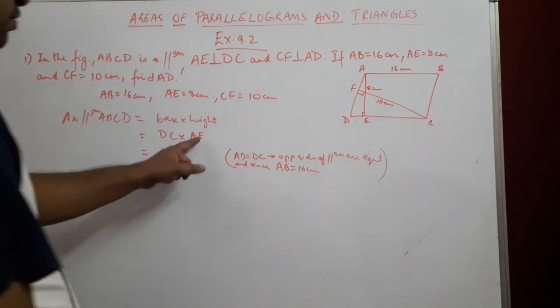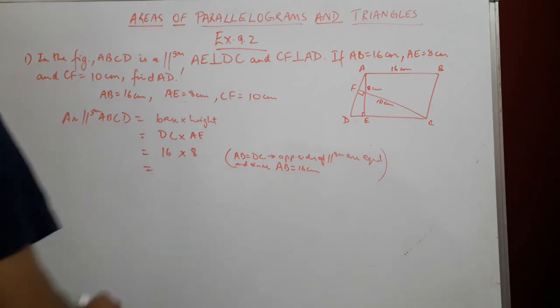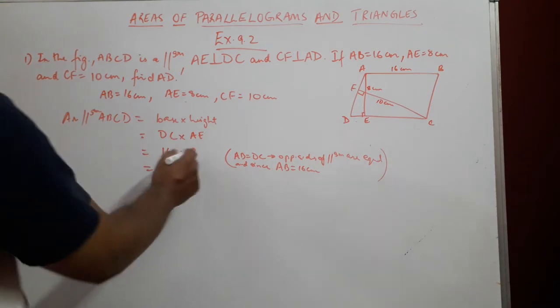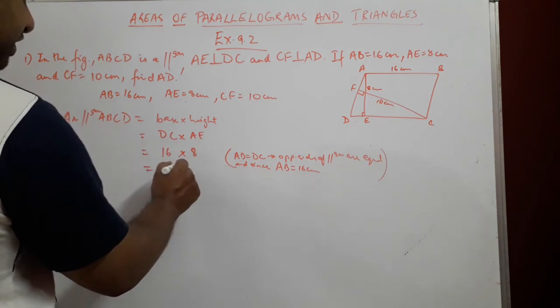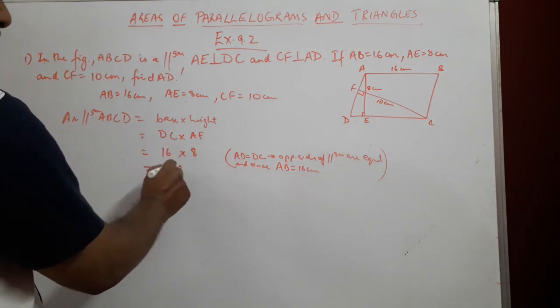So 16 into height, which is given to us as 8 centimeters. We multiply this and we get our answer. So 8 into 6 is 48, carry 4, 8 into 1 is 8, plus 4, 12, so 128